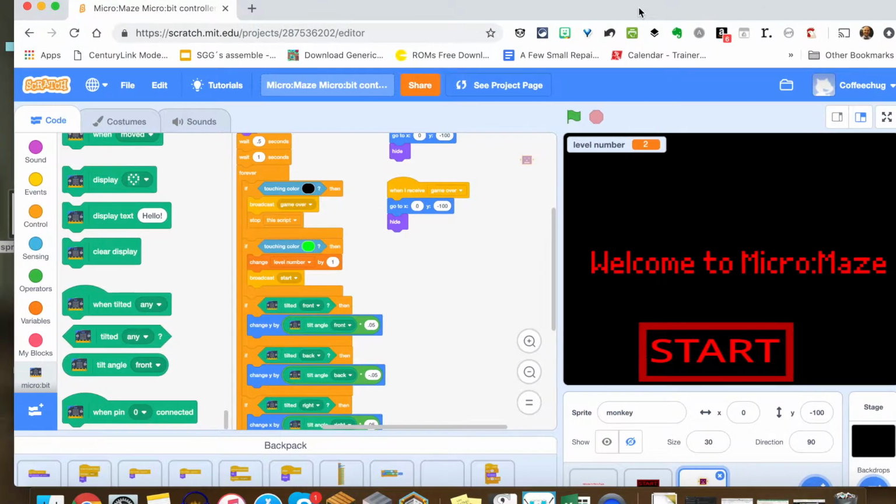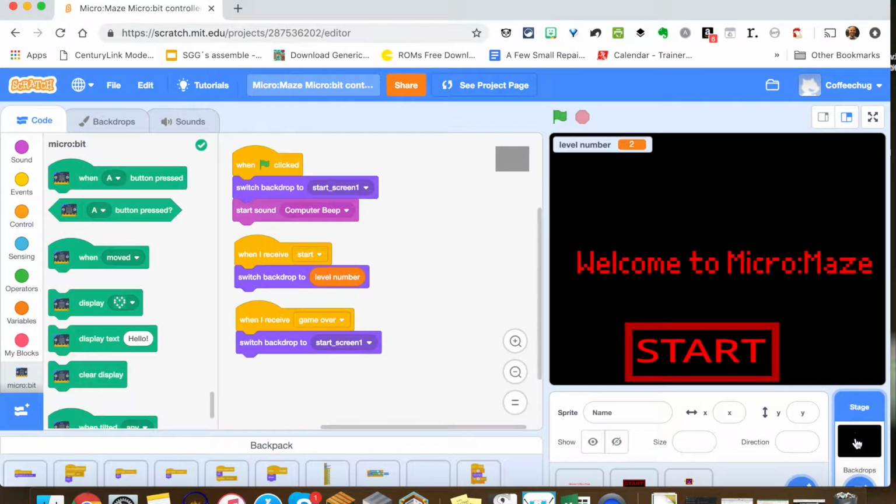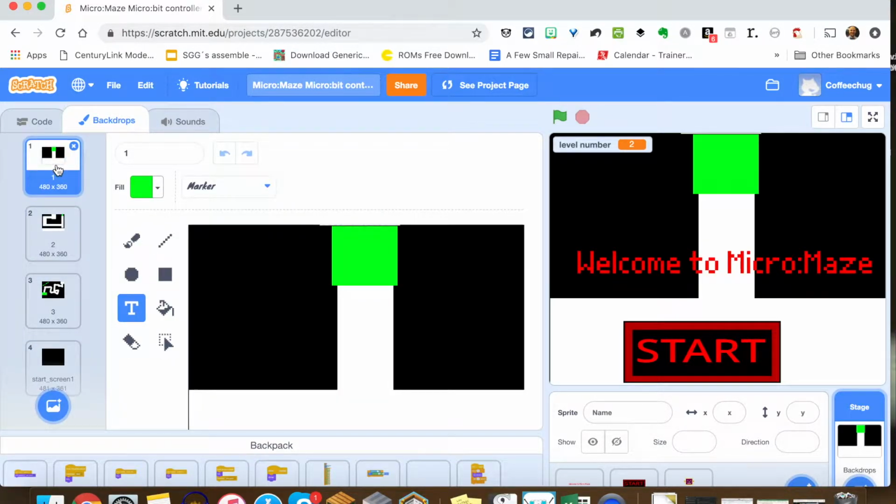And then what we're going to do is we're going to set you free, where the challenge is going to be for you to remix and add more levels to this game. So we kind of have this crowdsourced game. And so I'm going to go over here to my stage. And when I go to my backdrops, you can see we've got a couple levels. So we have the very first level just to make things easy for the person to kind of figure out,